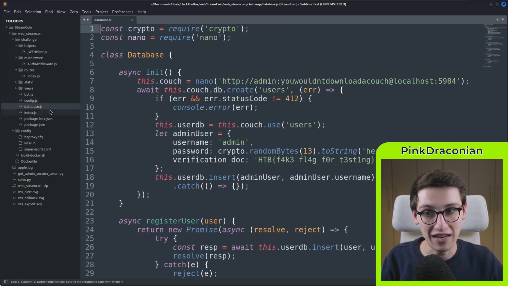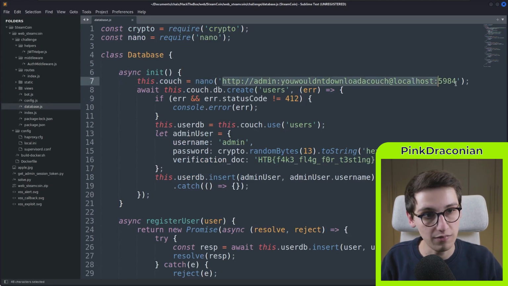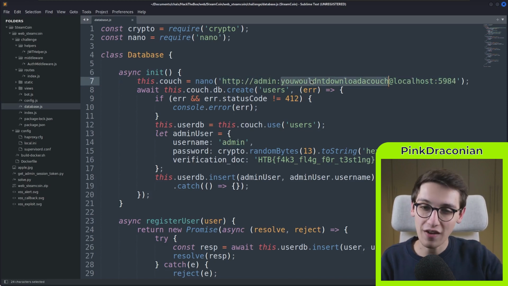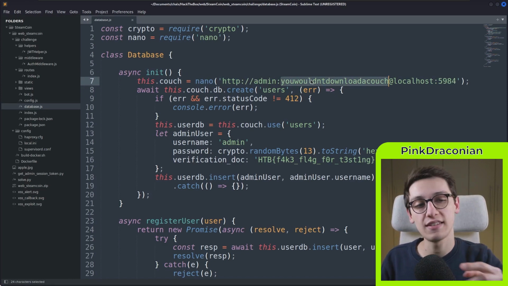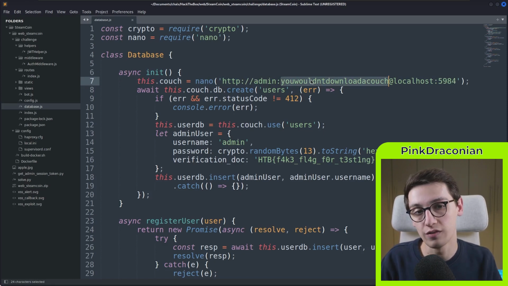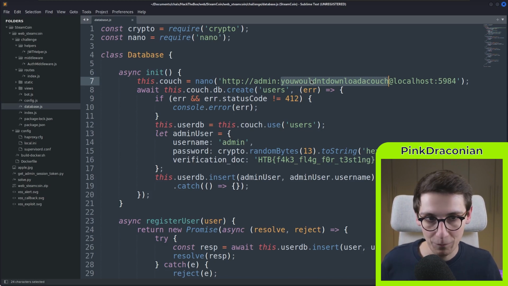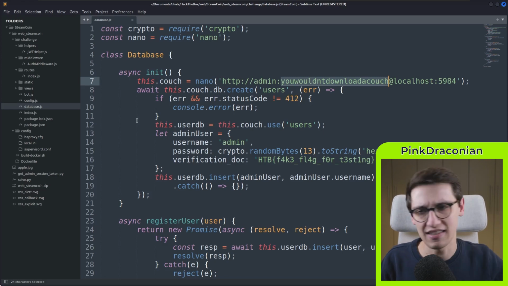And immediately an interesting one pops to mind. If we head over to the database.js file, we see that this database is accessed via HTTP, and the credentials are even just here in plain text. So what if I get an XSS on this bot, make it visit this URL and get all of the data out of the database using a fetch request through my XSS in JavaScript? Wouldn't that be incredibly cool? And that is immediately what I want to do. But before we go and find an XSS and try all of that out,